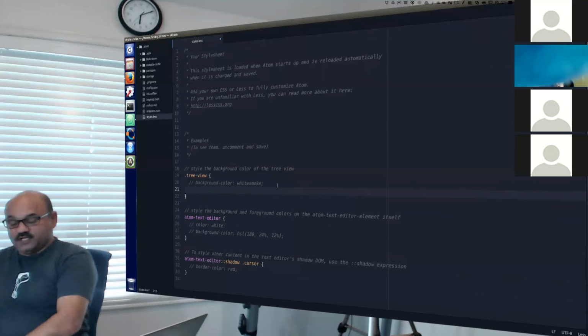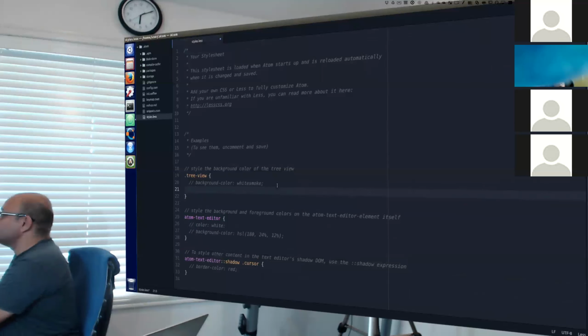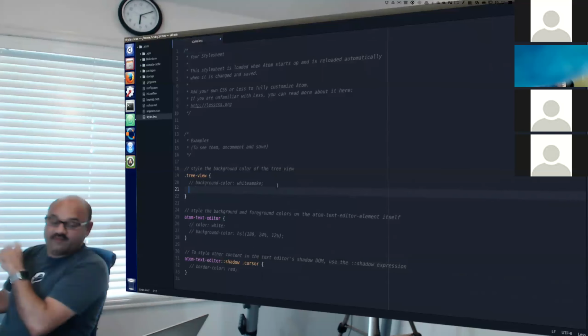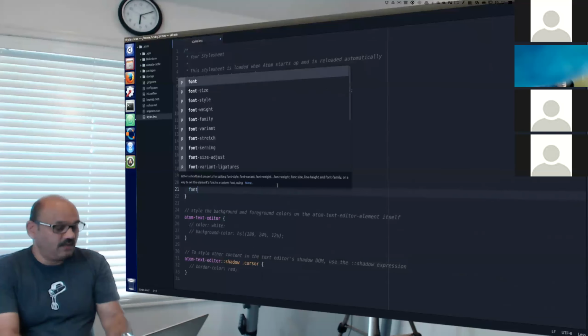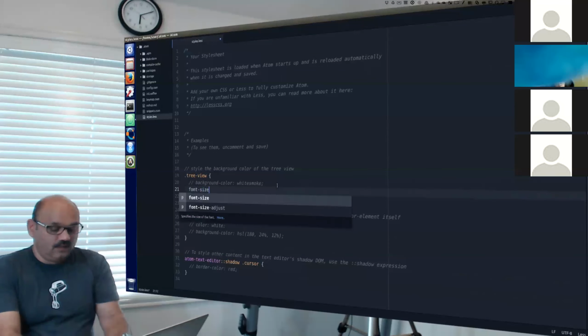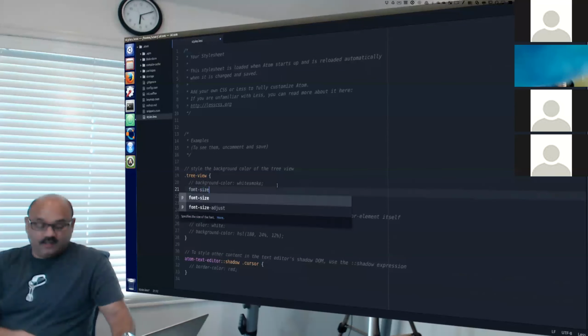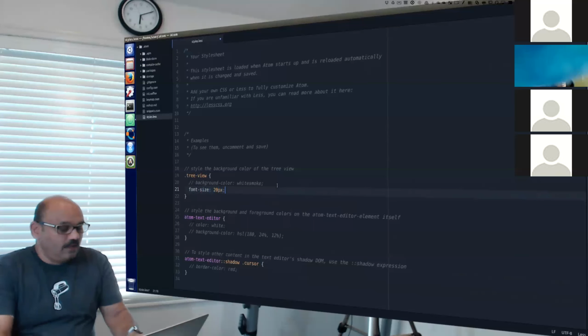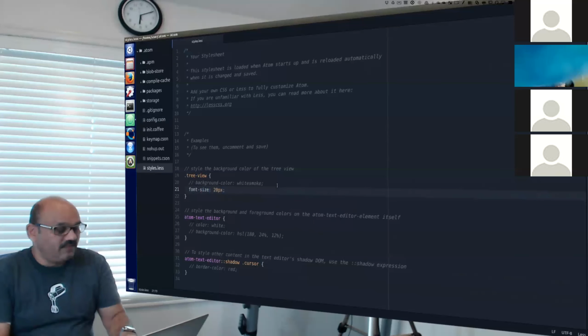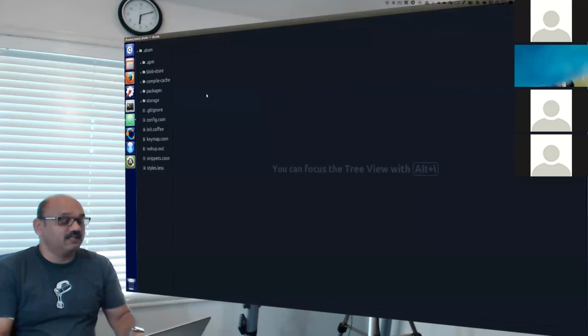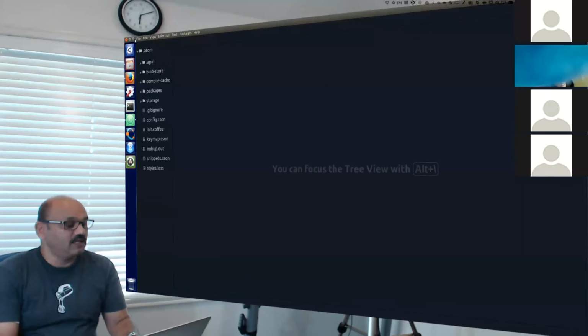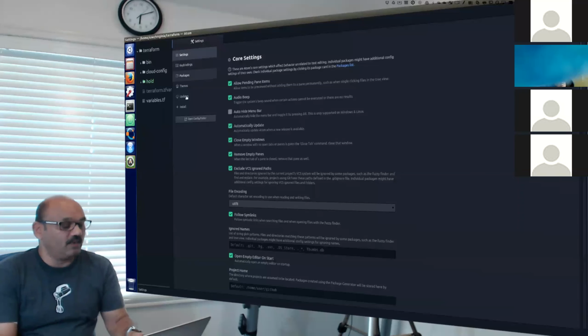Let me do a cheat sheet. I'm not able to find it, so give me a second. I'll adjust the size. It's a preview font size. Okay, font size. How much? 20. Okay. So I'm just adjusting the size of my fonts so that you can see from a distance. That's what I just changed. So you should see that now I have Atom a little bit better than what it was before.